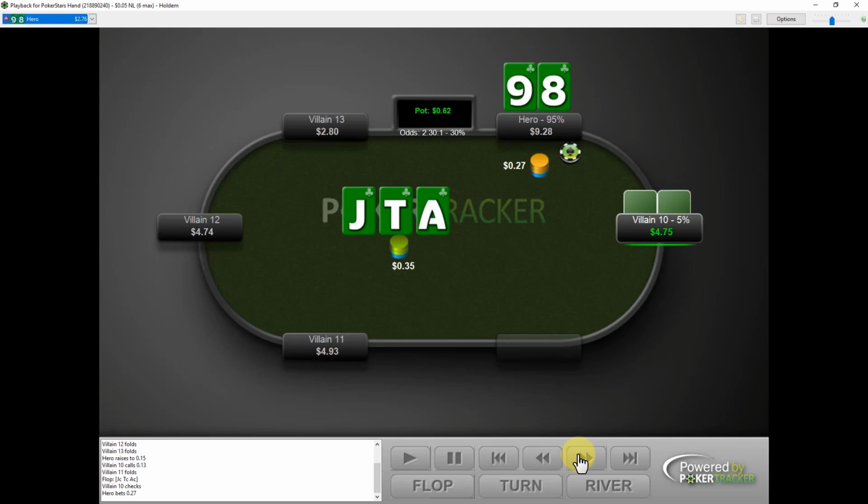So we get value from a lot of weaker hands as well. Our opponent calls, we go to the turn, complete blank, opponent checks, we bet again, expecting to get a call. Our opponent calls. We go to the river. Again, a relative blank unless our opponent was calling with 8-9, which I think is highly unlikely. I think that we're going to get called down a lot by a pair of aces here.